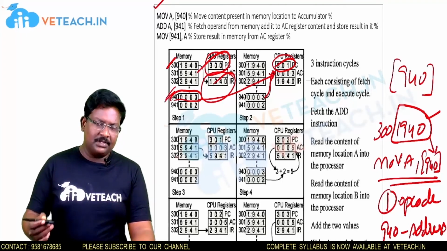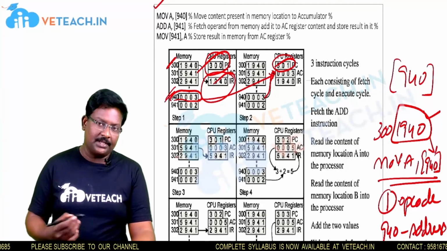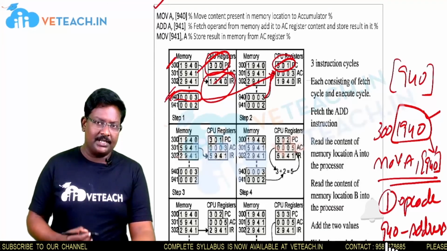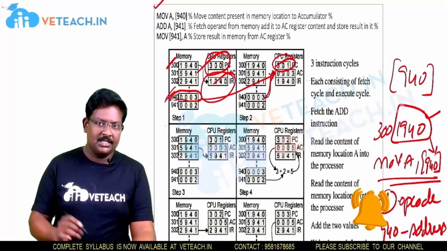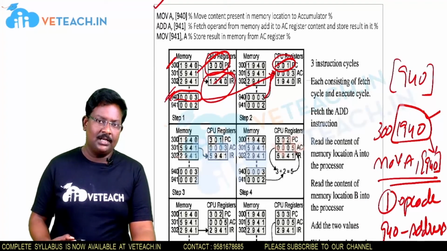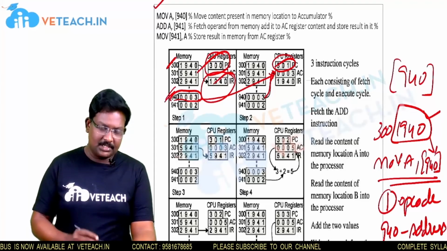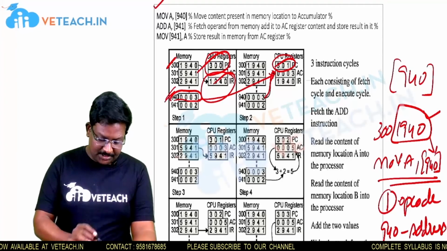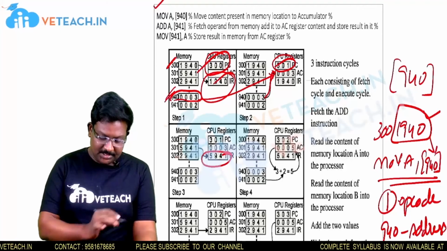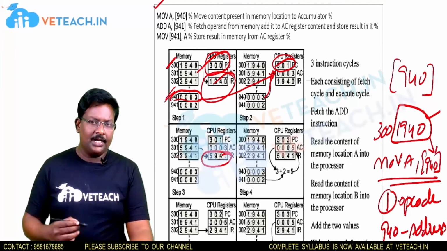Now while the instruction is being executed, we can perform the fetch operation in step 3. So the first instruction is being executed now. Already the second instruction address has been placed in PC; that is, the PC content is 301 here. Now we can fetch the other instruction while the first instruction is being executed. So that is done in the third step. We can clearly see here that we are going to fetch the second instruction. The second instruction is being fetched and placed into the IR, where we are going to decode and execute it.